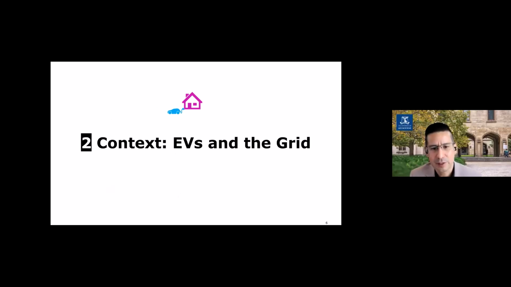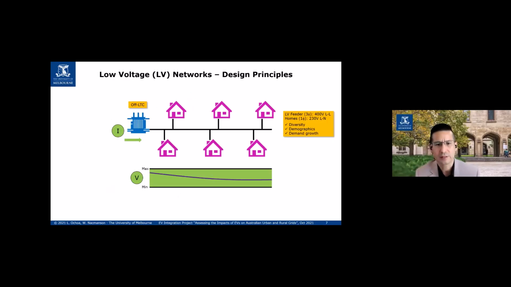So what are these impacts that we're talking about when it comes to electric vehicles and the grid? Let's start with the basic aspects here, all right? I presented this a little bit like 3 months ago as well, but I decided to go a little bit more into details. When we design the low voltage network, which are the part of the electricity circuits that are connecting our houses, our businesses, here in Australia, we're talking about the line-to-line voltages of 400 volts or line to neutral, for each house, single phase connections of 230 volts, right?